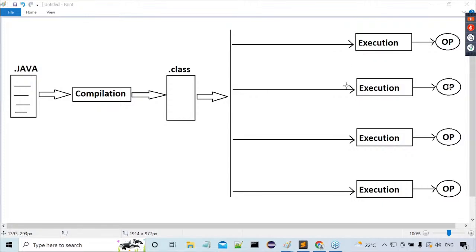One more simple question. How many dot class files are generated here? One dot class file. But how many times are we executing the same dot class file? 4 times. Listen carefully. As per the definition, as Java is a platform independent programming language, it allows compilation in